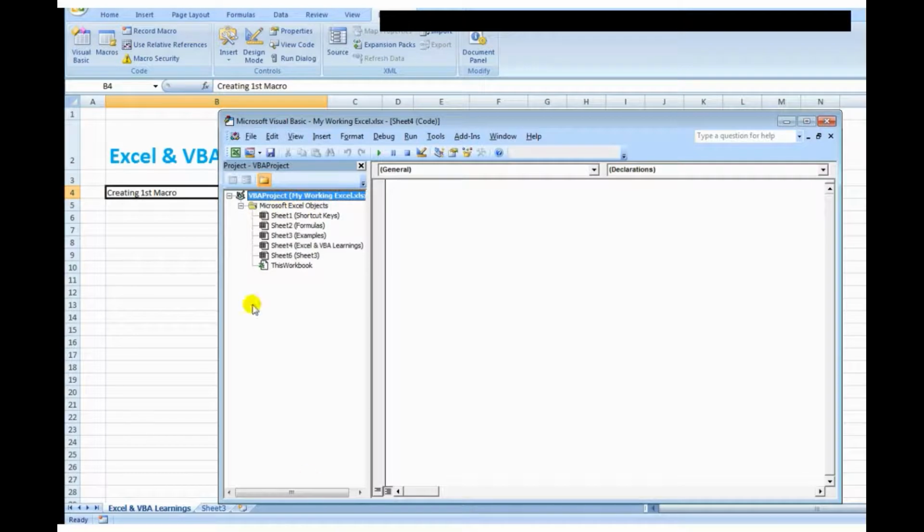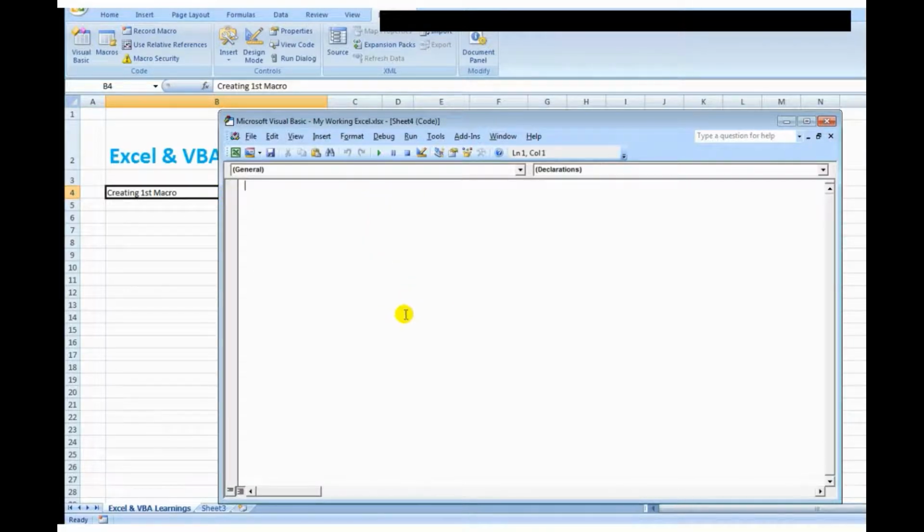What you can see on the left hand side of this window, Sheet 1, Sheet 2, Sheet 3, Sheet 4, Sheet 6, is called the Project Explorer. If your VBA window looks like this, and you don't have the Project Explorer on the left hand side, or it's not visible,